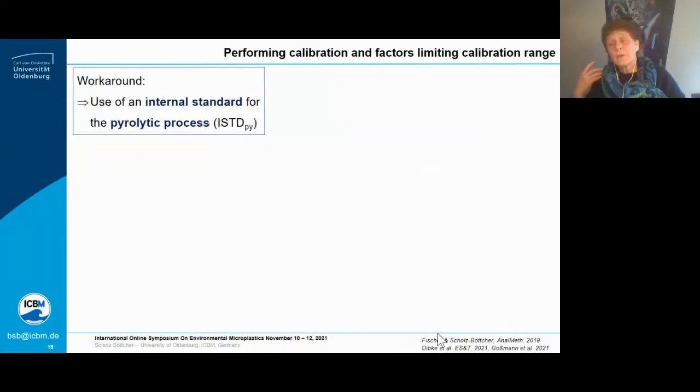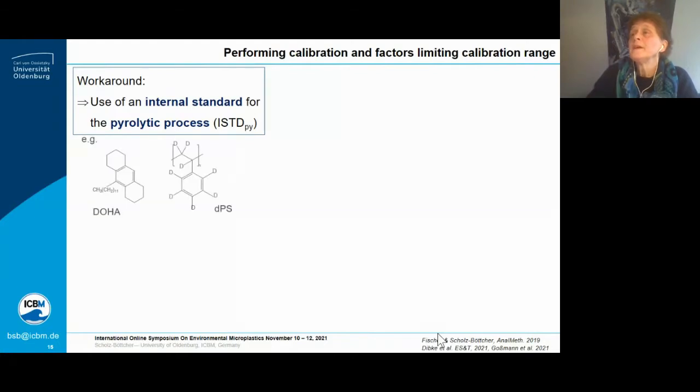So the first pragmatic step is to mimic the conditions, how standards are measured and how samples are measured, most ideally to get comparable data. And the next point is to use an internal standard for the pyrolysis process. We have very good experiences with at least partly aromatic internal standards, like here our dodecyl octahydroanthracene, or like